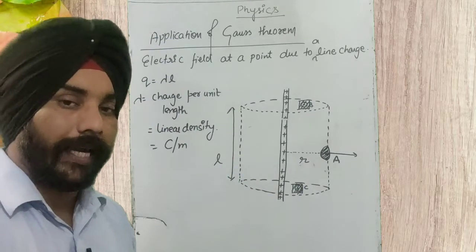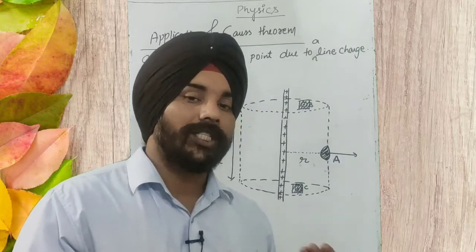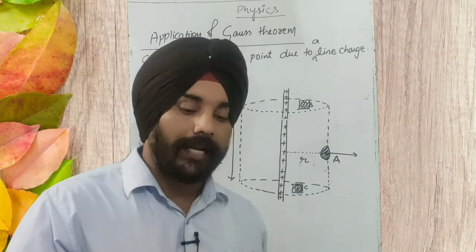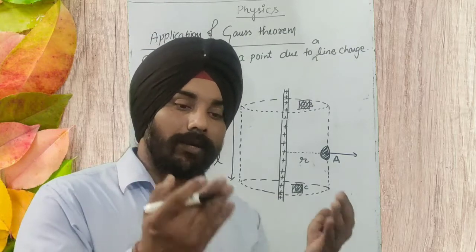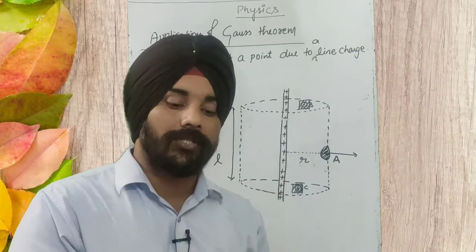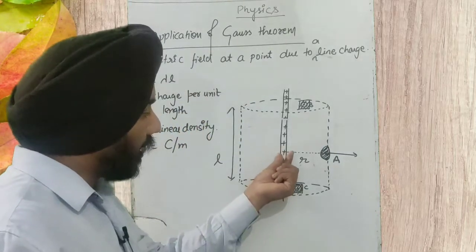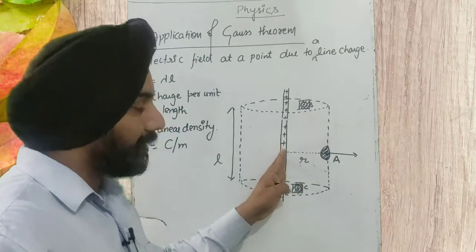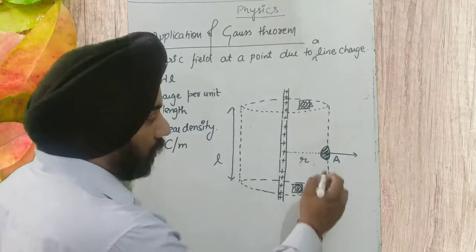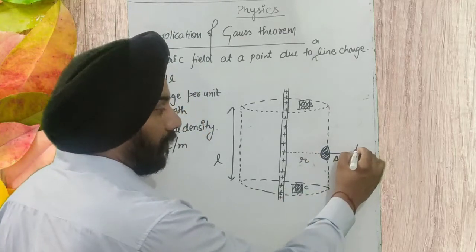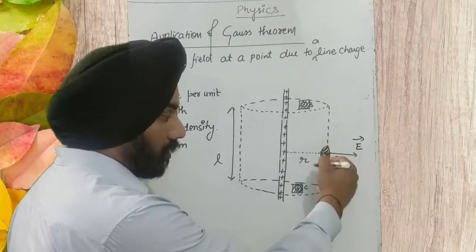Whenever you are going to take the electric field lines, you must see what charge is given and how the electric lines will come out from that charge. Electric lines always originate from the charge at a right angle. Okay, so it originates at a right angle, starting from the positive charge and terminating at infinity. Through this surface, the electric field line is coming out perpendicularly.